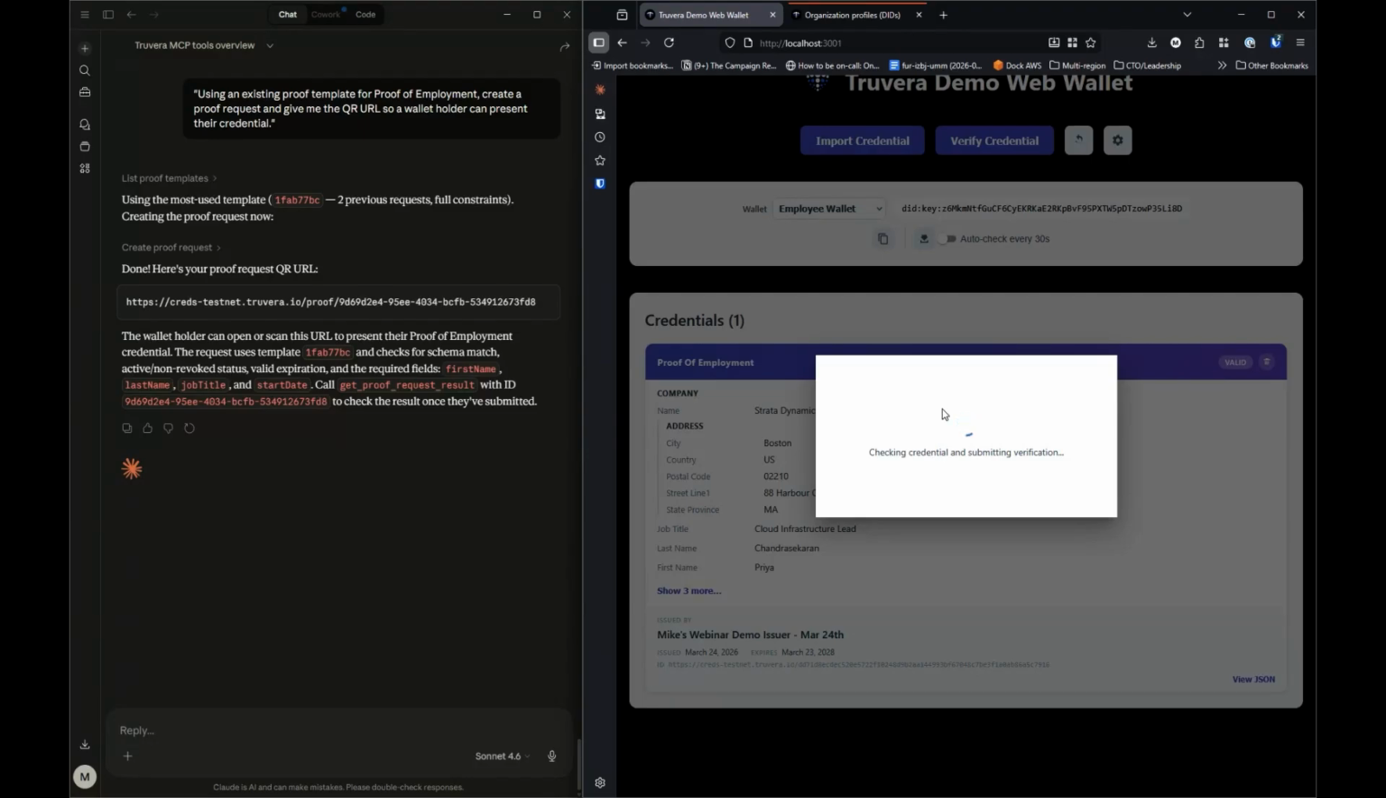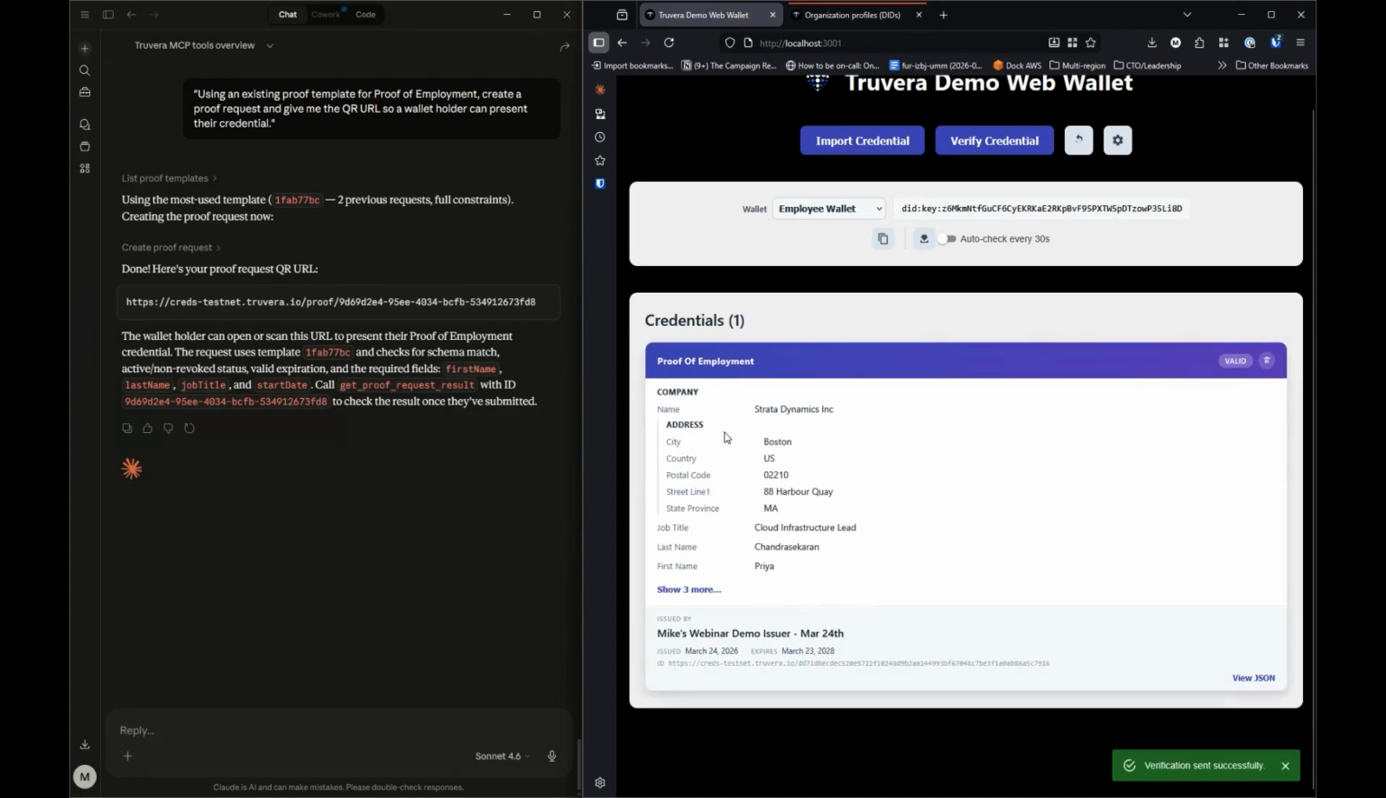And so this is going to respond back to the Truvera backend. It doesn't respond directly to the LLM. So this is going to be a multi-step thing. But it's now responded. It's been sent successfully. It's been accepted. In order for Claude to know that's happened, we need to prompt it. So now I'm going to get it to check